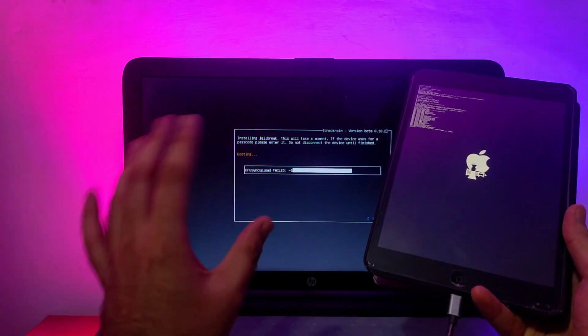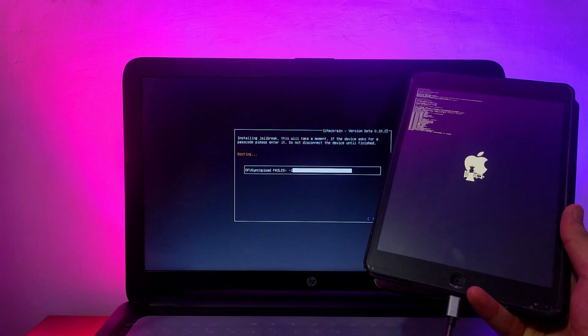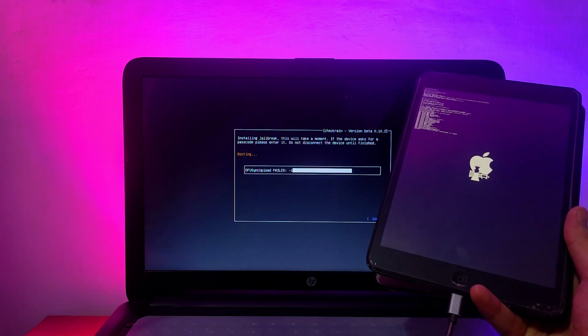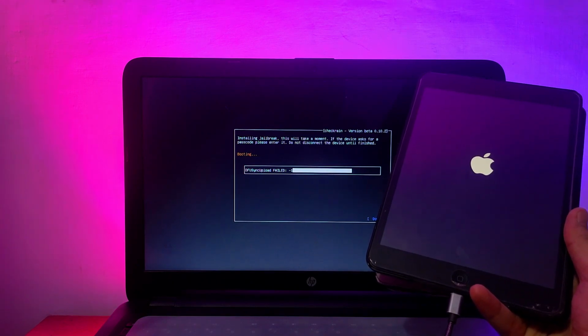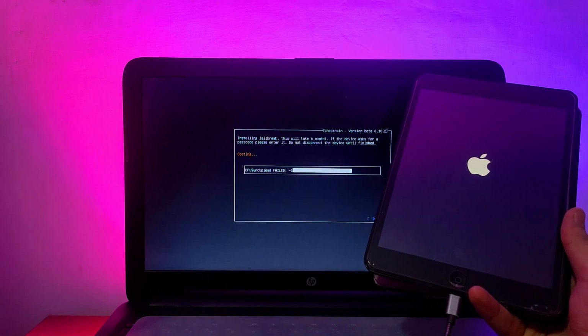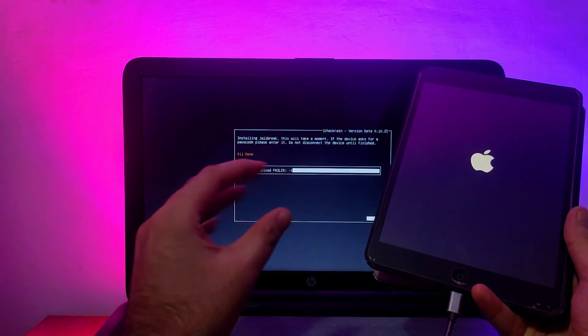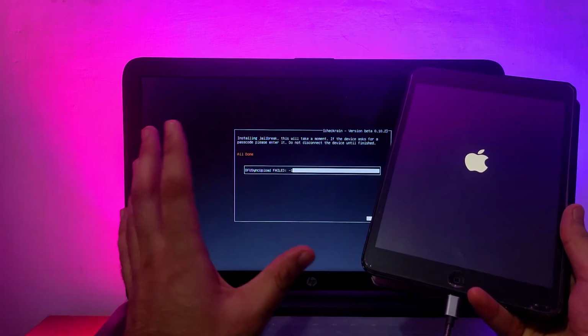And there are some warnings like DFU sync upload fail, so just ignore that. You don't have to worry about that. That warning is completely normal in the iPad mini 2 and the iPhone 5s devices. In the end, you will see all done. That's all we need. So if you see all done, that means the jailbreak is completed. And if you see any other error like USB muxD or -92, -78, you need to just repeat the jailbreak process. Now the jailbreak is completed.